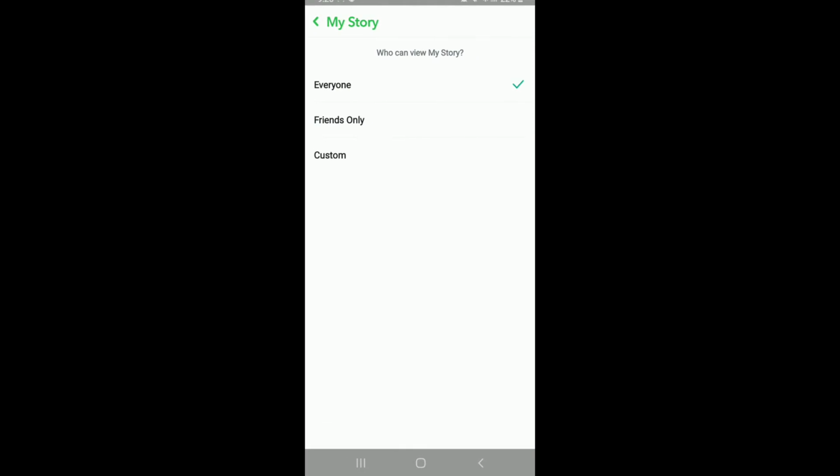As you can see, your story can be viewed by everyone. From this page, tap on Friends Only if you want your story to be displayed to your friends and hidden from the public. Next, if you want to restrict certain friends from viewing your Snapchat story, then you can